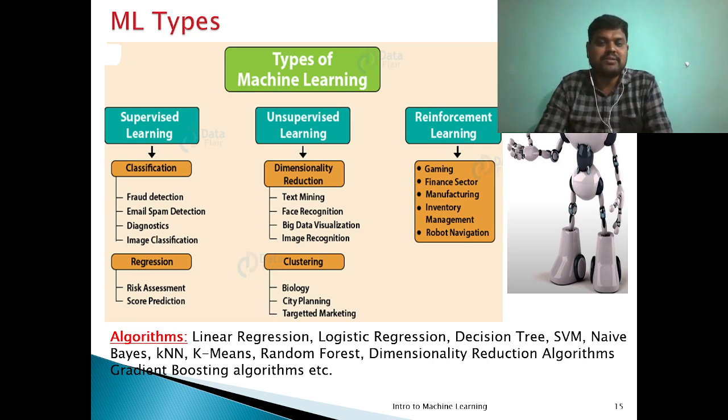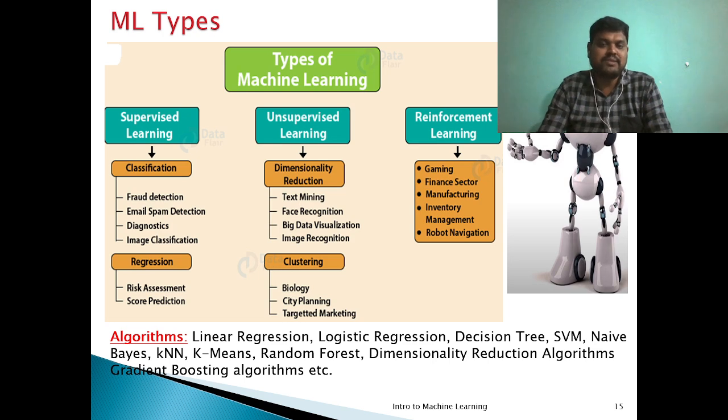So basically we have three types of machine learning models: supervised machine learning, unsupervised learning, and reinforcement learning, right? So supervised learning means you need a labeled data or annotated data, right? Unsupervised learning, we don't have such annotation or labeled data set. It will group similar items. Whereas reinforcement learning is a mix of both supervised and unsupervised learning. In other words, it will combine the features or benefits of both supervised and unsupervised learning.